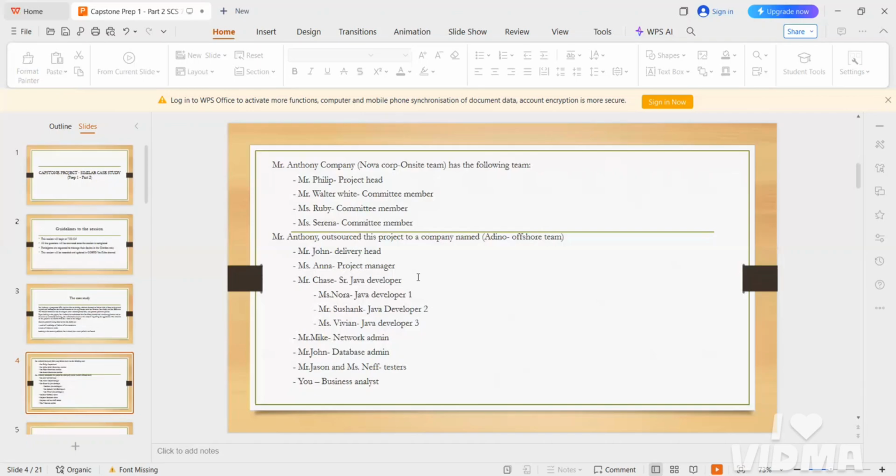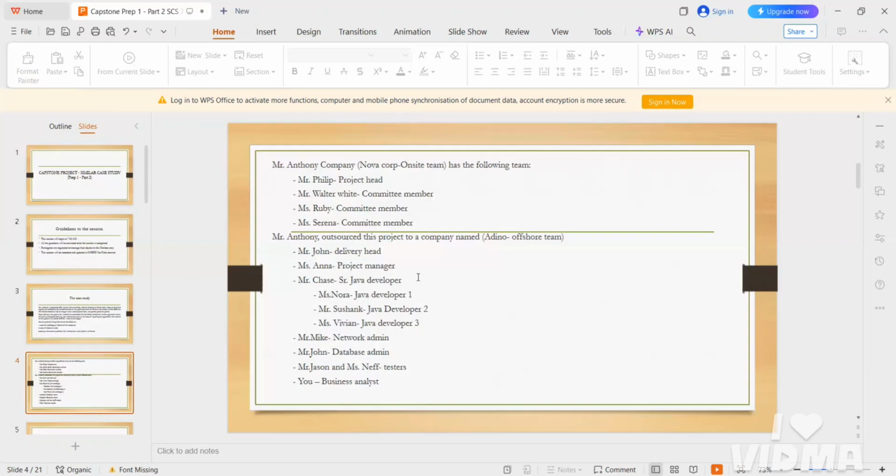Mr. Anthony pulled up the team from his company, and he gave this project to the Adino company, and here you will be acting as a business analyst in this Adino company. You have these resources: Java developers, four members, testers two, network admin one, and database admin one.